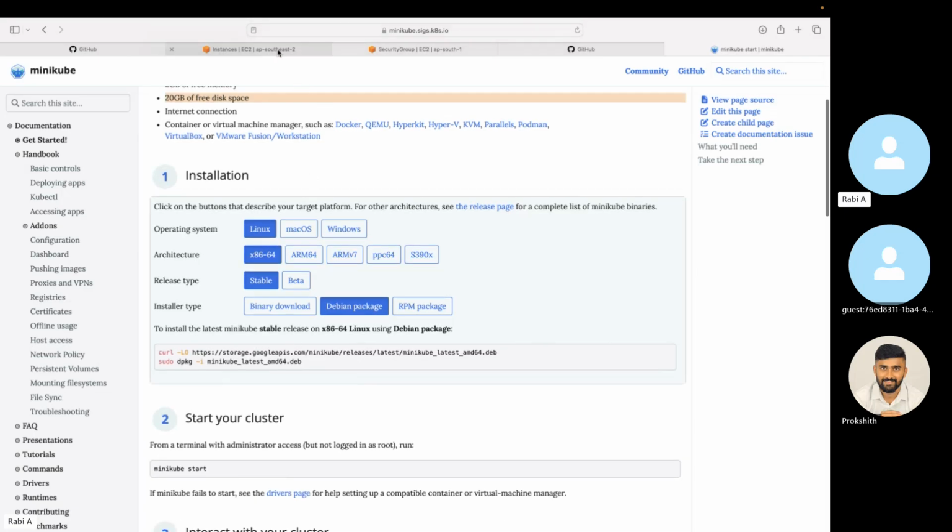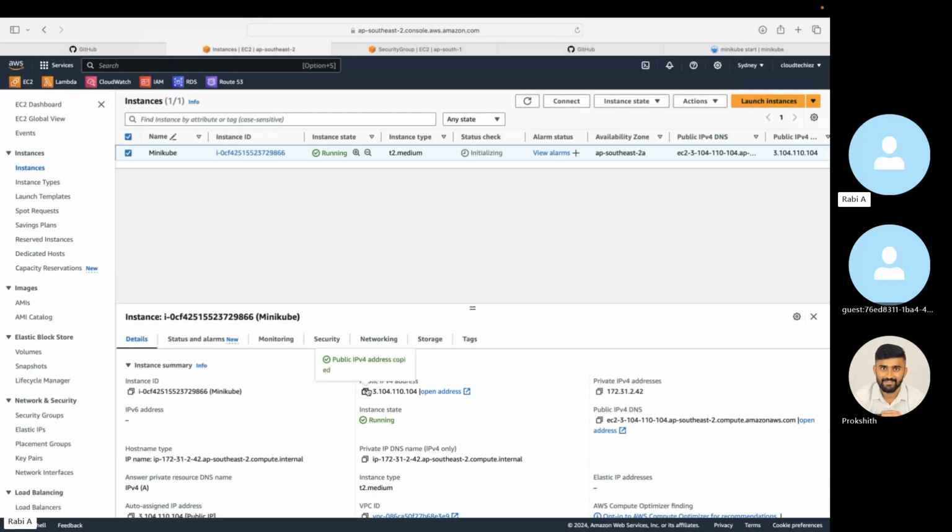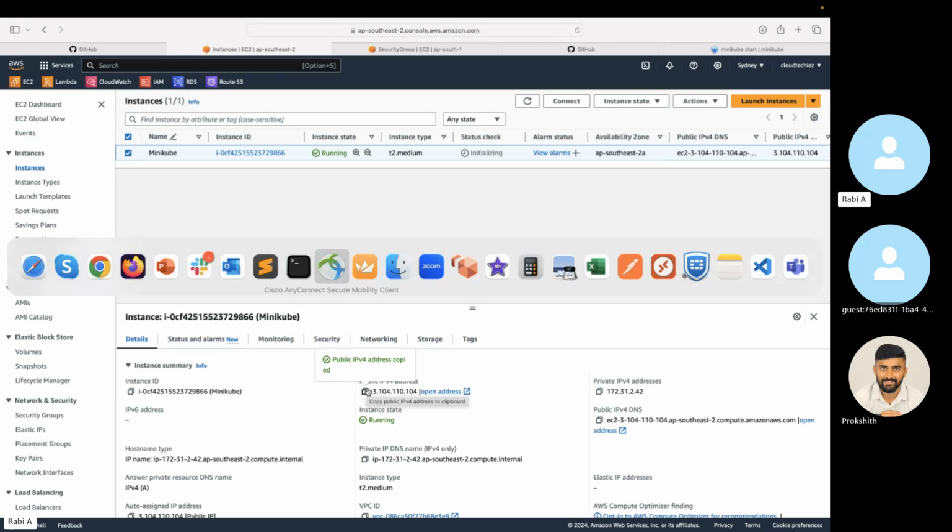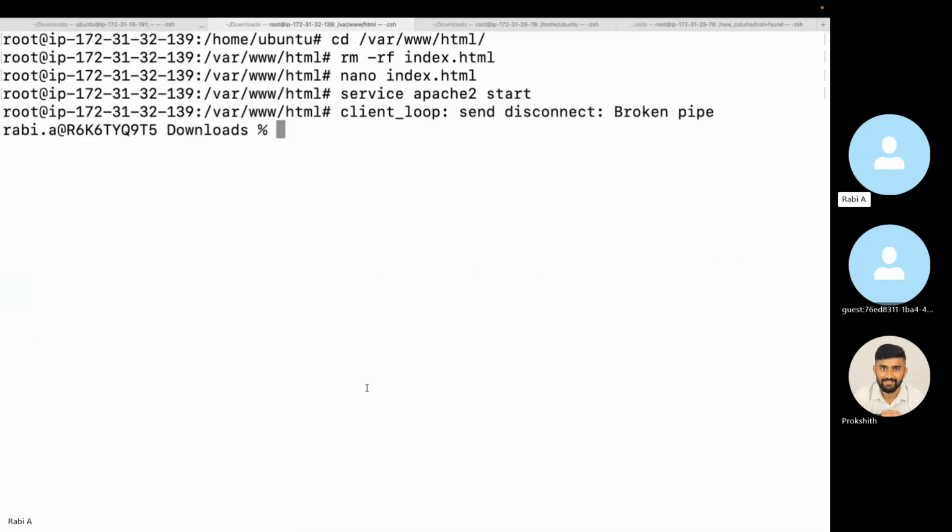So let me quickly log into that instance, and we'll quickly set up Minikube. Minikube is, like I said, one way to work with Kubernetes. Kubeadm is another way. You have kops, which can be used to set up your cluster on